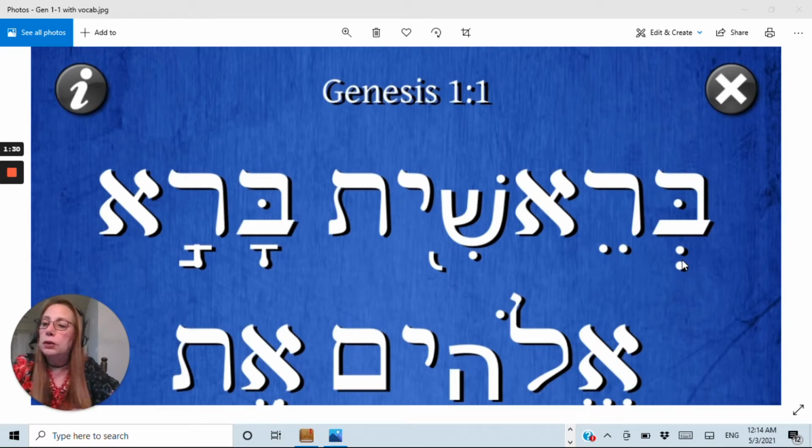I'm going to continue to point each one out to you, and we will then try to put the words together as I read. So this is a B, and when you see the little dot in the middle,